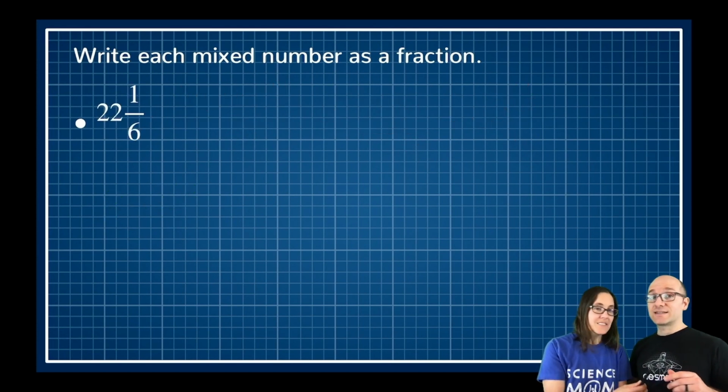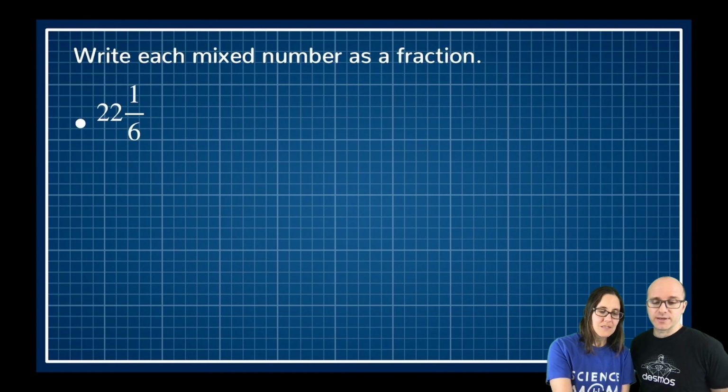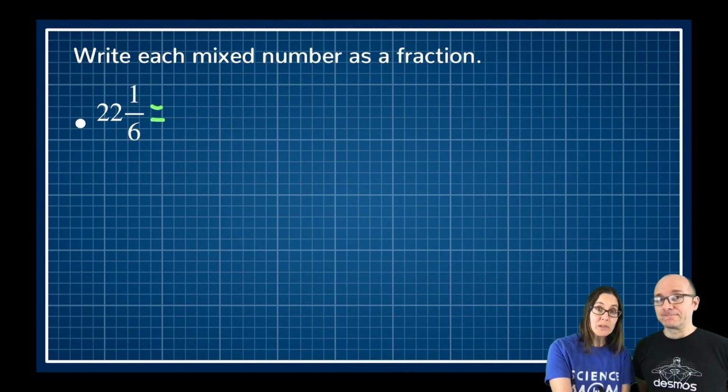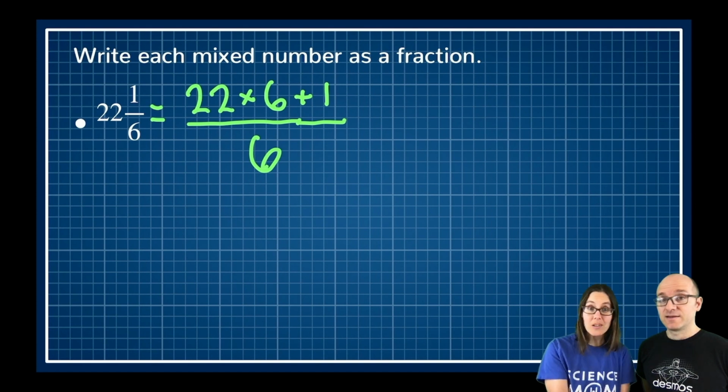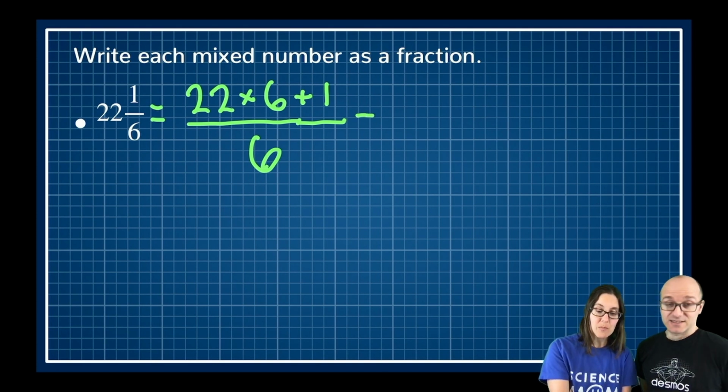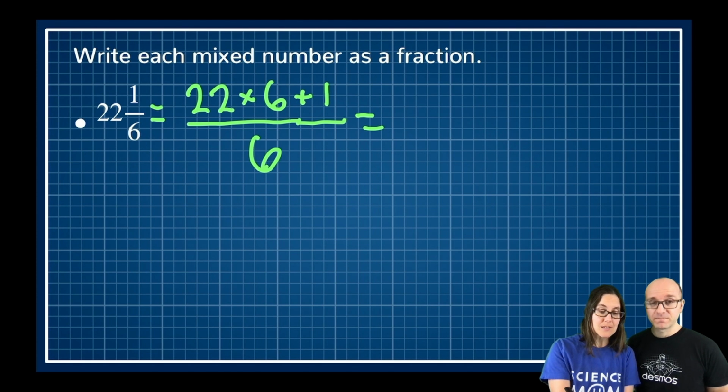22 and 1/6. All right. Can she do it? So if I have 22 pumpkin pies and they're each cut into 6 slices, how do I find out how many slices I have in total? Well, 22 times 6. But then I don't want to just have that pie. I want to make sure that I include this pie slice. So I'm going to add 1. And then the thing I'm talking about is pie slices. So sixths of a pie. Yep. Keep that denominator the same.